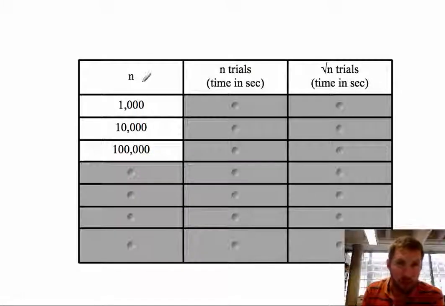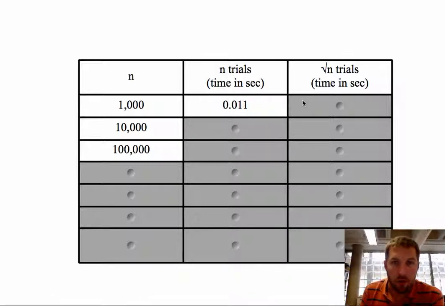So if n is our number that we're trying to define the number of divisors for, we can just try all of them, or we can take the square root of the number and figure out those. What I did here was I had my computer do it, with an applet, which you can Google yourself and probably find, which you plug a number into. It does it with just trying all numbers, and then it tries all numbers with the square root, and it keeps track of how long it takes. It's going to be a little bit different for everybody's computer, but in particular on my computer,